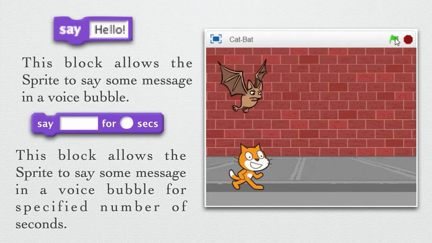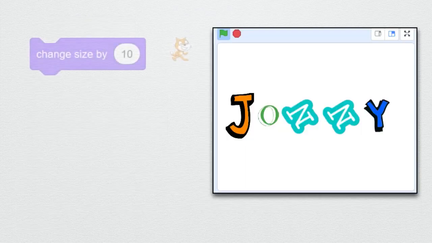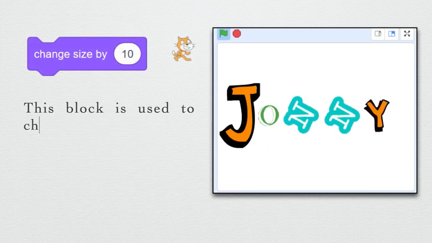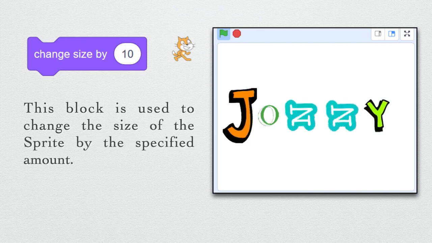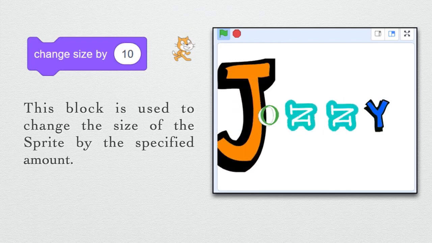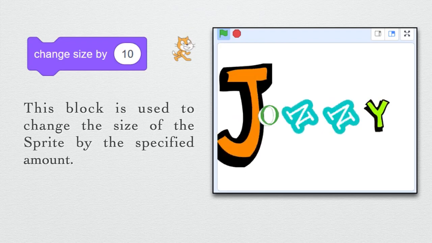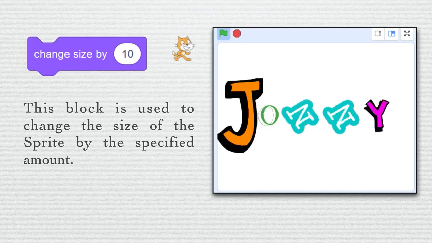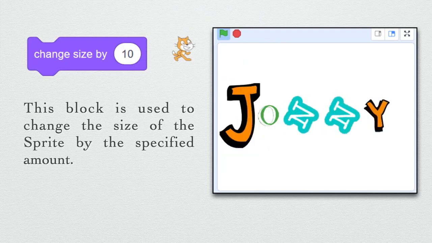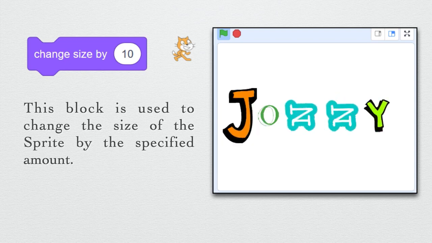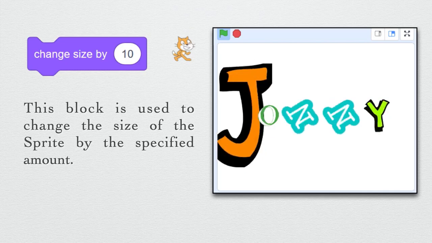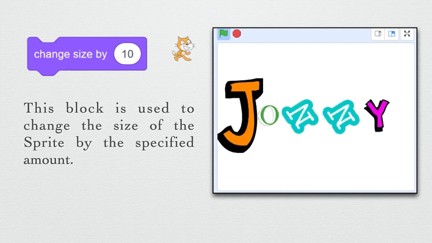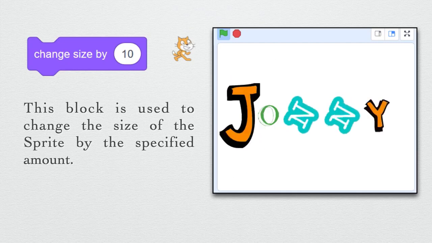After making our sprite say something, we learned more about looks block menu, and from that block we have used change size by 10 block, which is used to change the size of the sprite by specified amount. For example, you can see here in this project on J, I have applied a script that is change size by 10. So when I am clicking on the green flag, it is changing the size of J letter only